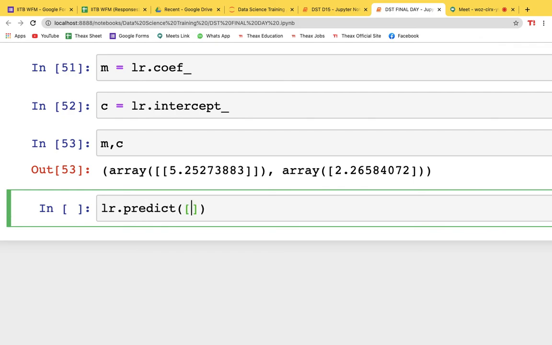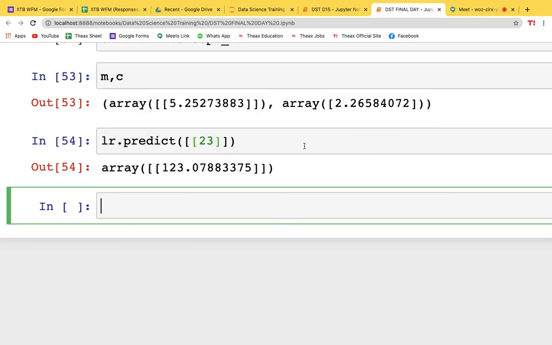So you want to predict, let's say, X you're having. Let's say you are charging for 23 hours. What should be the battery life? It should be 123 hours, something like this. This is on the basis of X you are predicting. And if you want to see a graph for that,